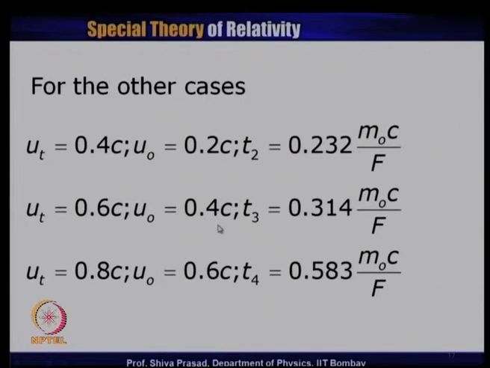If my initial speed was 0.4c and the final speed was 0.6c, then this I have written as T3 for the third case, is 0.314 m_0 c divided by f. If my initial speed was 0.6c, final speed becomes 0.8c after time T4, which is 0.583 m_0 c by f. So, as we can see that